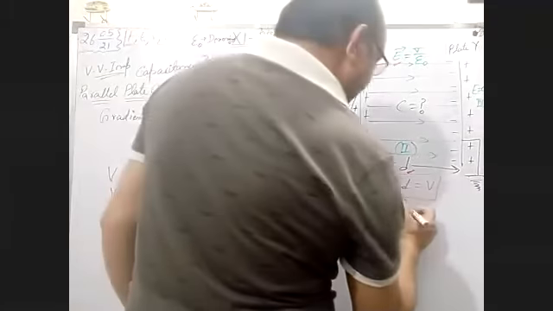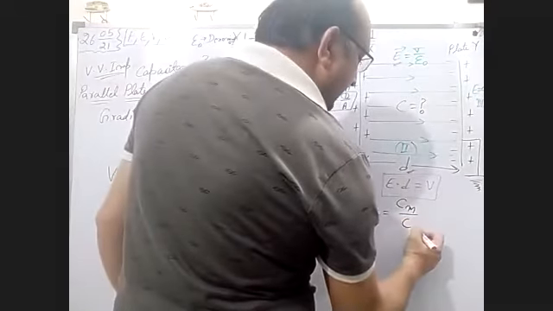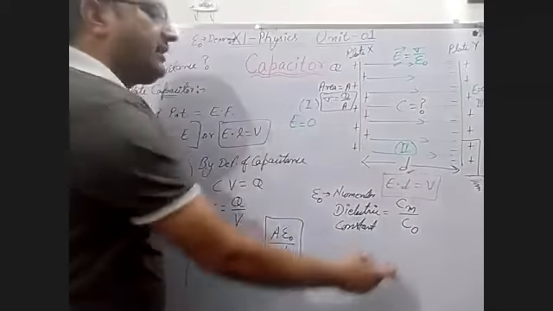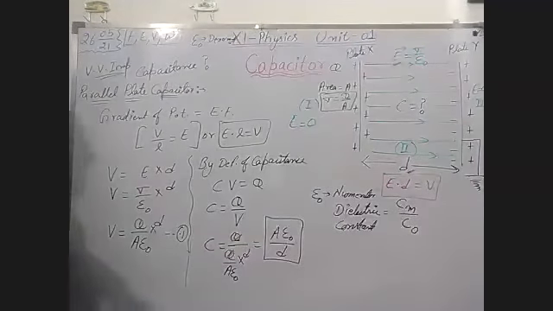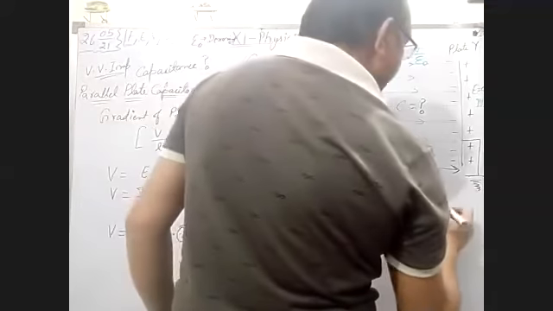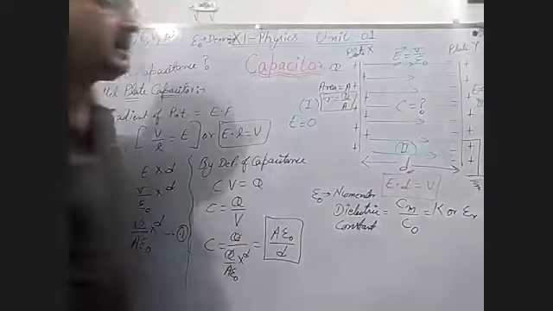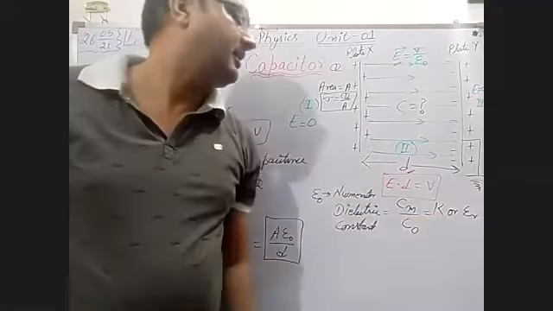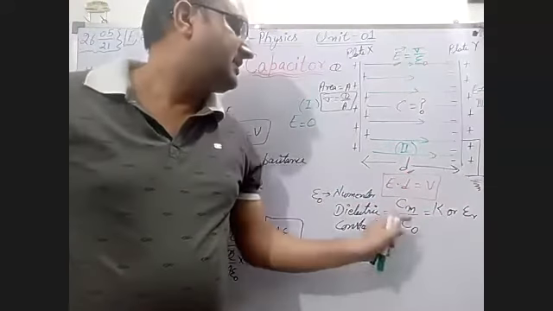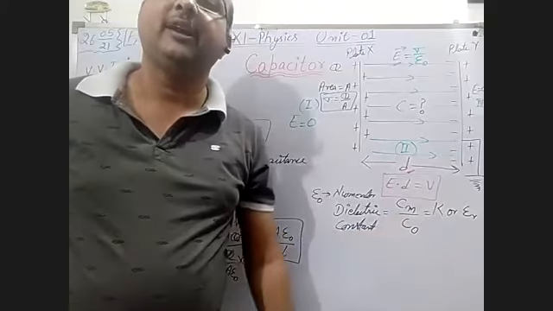of capacitance of capacitor in medium to that in vacuum. For vacuum, we can take C naught, so Cm upon C naught. This is denoted by K or epsilon R, relative permittivity. You can write this K in this way also. Now, this is the ratio of capacitance in medium to the capacitance in vacuum.